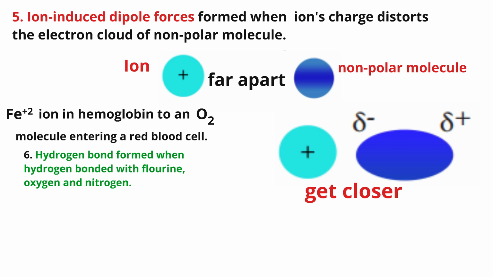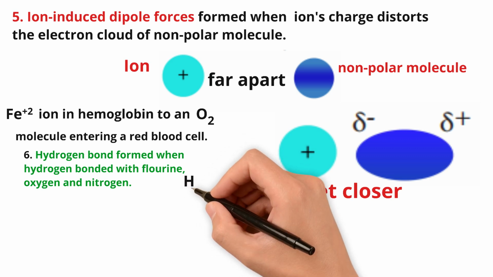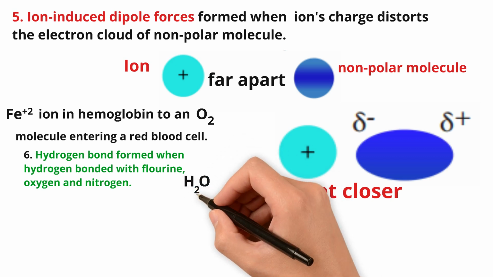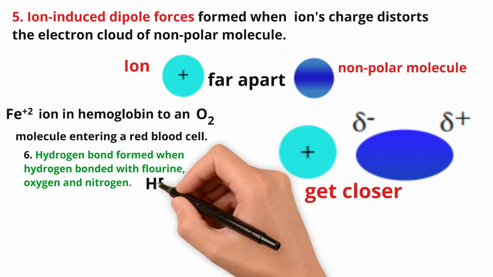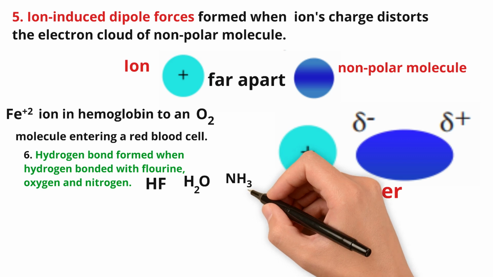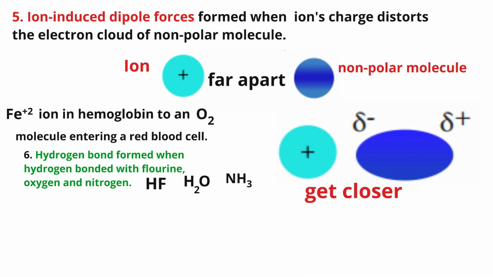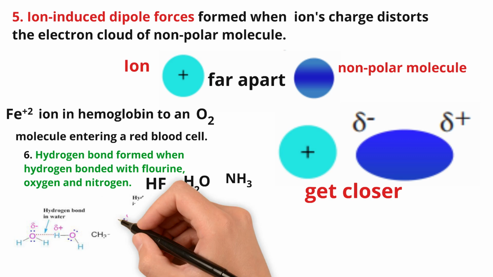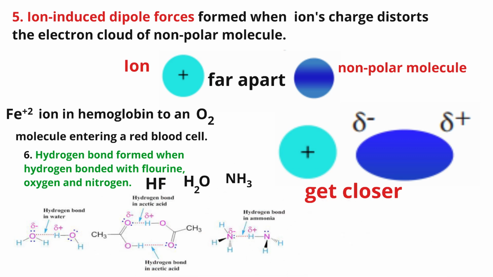The last one, hydrogen bonding, is formed when a hydrogen atom is bonded with fluorine, oxygen, or nitrogen. For example, hydrogen fluoride has hydrogen bond, water has hydrogen bond, and ammonia has hydrogen bond. In short, when hydrogen bonds with three elements such as fluorine, oxygen, and nitrogen, it forms hydrogen bond. In the first one, hydrogen bond is formed between two water molecules. And in the second one, hydrogen bond is also formed between two acetic acids. And the third one, hydrogen bond is formed between